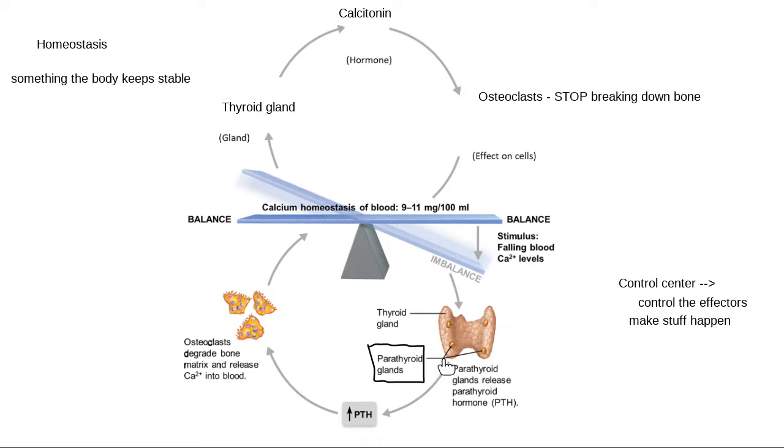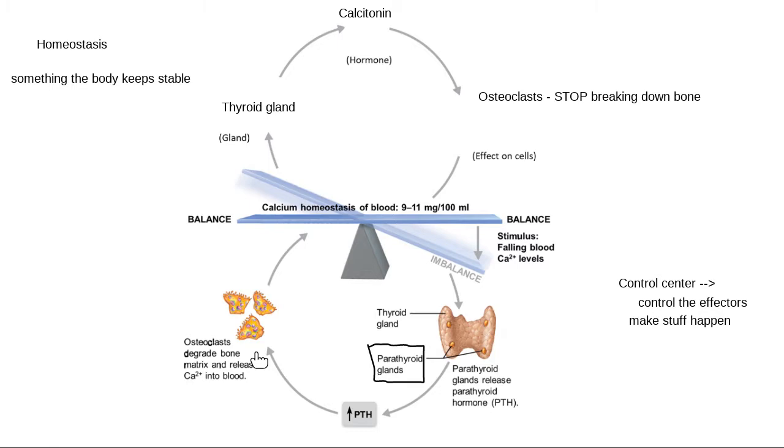The thyroid gland is this butterfly-shaped pink one. And the parathyroid glands are these little ones that are actually embedded in the backside of the thyroid gland. So two different glands that send messages, two different messages that they send, leads to different effects on my osteoclast